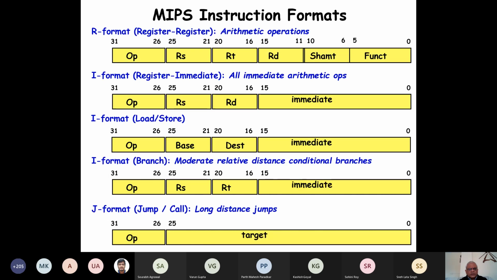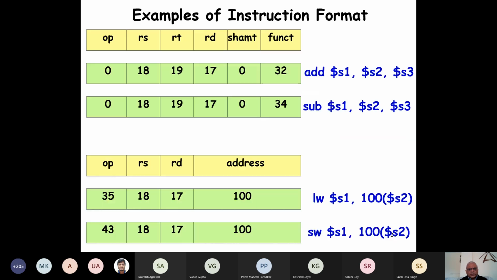And for the other instructions, load store, we have a 16-bit offset here, and similarly the base and destination. And for long jumps, that is J instructions, we have a 26-bit target address. And as I was saying, to get the actual address, we need to take the PC and extract the upper bits, 26 to 31, and combine that with the target address to get the actual address to which it will jump. It will become clear. We'll look at more examples.